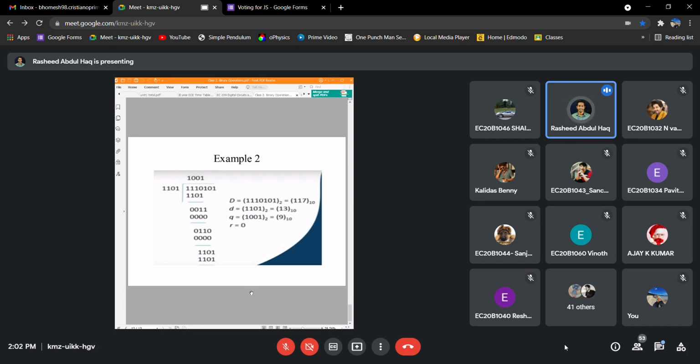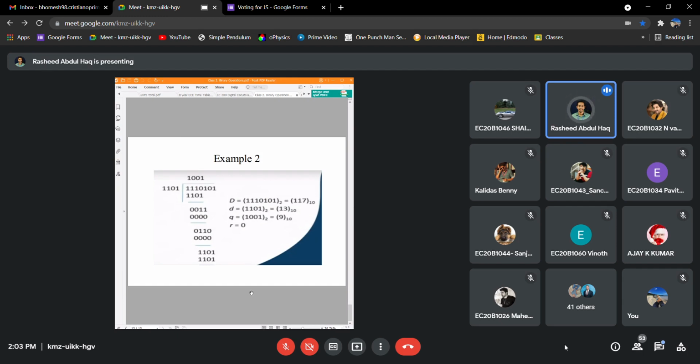So first, 1101 we are multiplying with 1, and that 1 is put on the top. We subtract this 1101 from the number, and we will get 0011 as the answer. But 1101 is not divisible by 0011, so the answer will be 0. In binary the answer will be either 0 or 1. Since this number is lesser than 1101, we multiply it with 0 and write 0000. We subtract, then we will get 11 in the bottom.